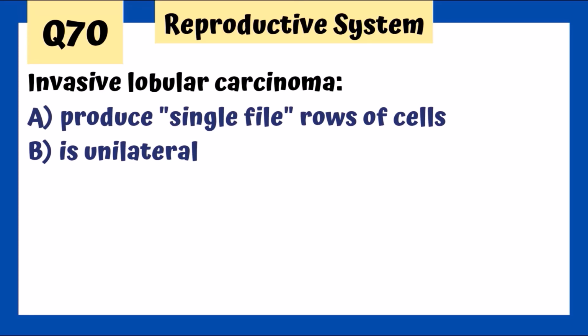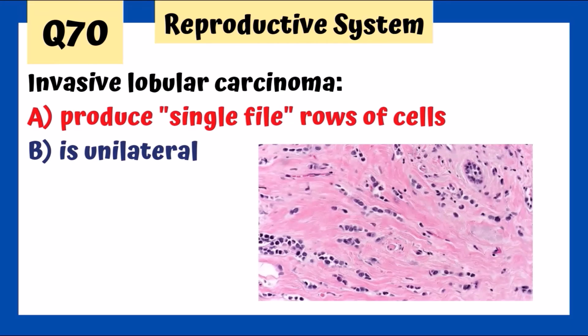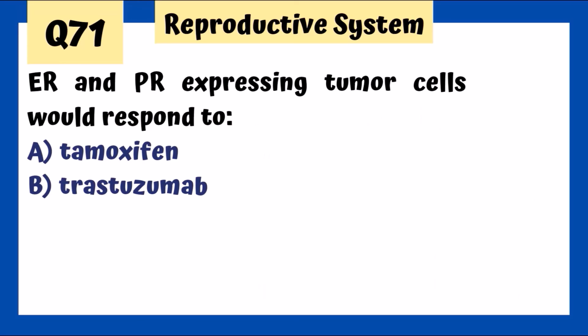Invasive lobular carcinoma produces a single file row of cells. Yes, because of the disorganization. Is it unilateral? It's often bilateral. And over here we see the invasive lobular carcinoma. So of course they lack E-cadherin, and that's why they're so disorganized, as you can see over here, a single file row of cells. Question 71, ER and PR expressing tumor cells would respond to, kind of like a pharmacology